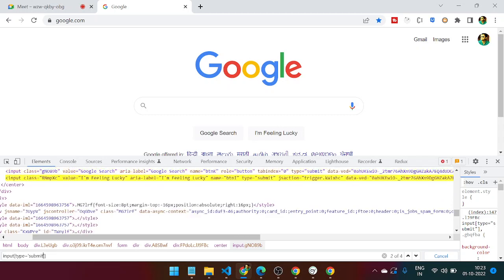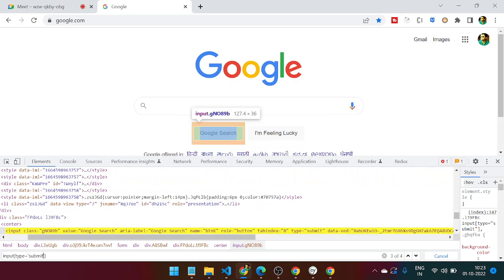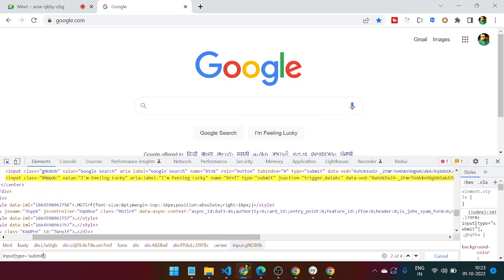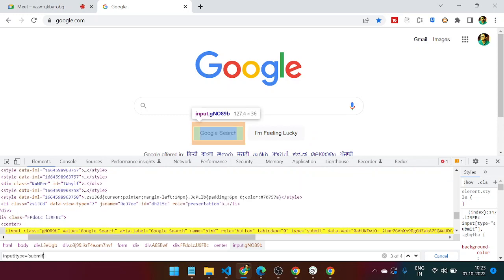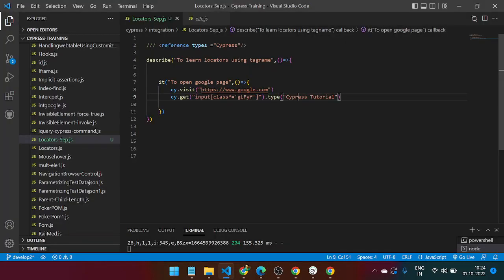Submit. Now click. See, four tag names I'm getting here. So like in this case, this one I'm getting in third position, correct? Yes. So if I take the index value, I'll show you one method here. I'll just check using the index method. I'll just write down here